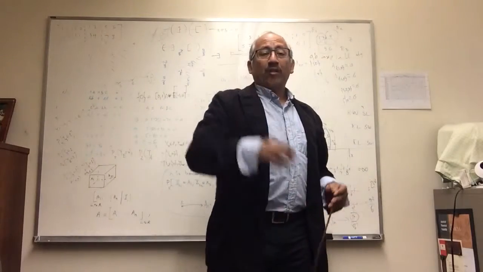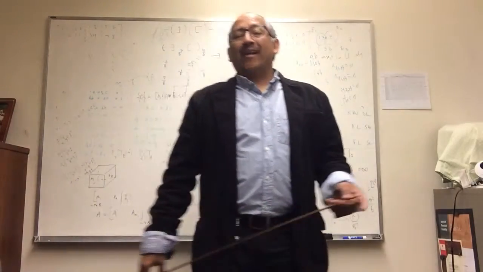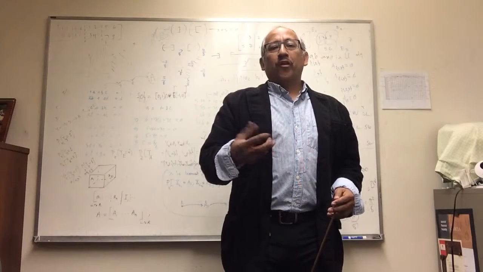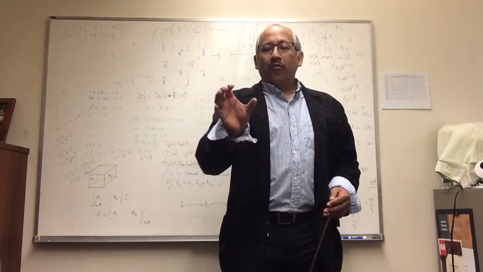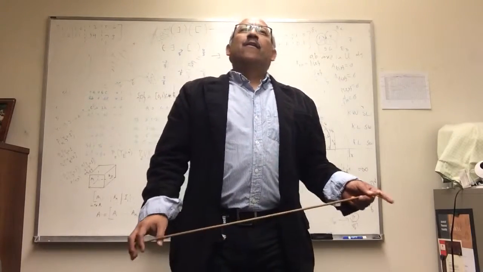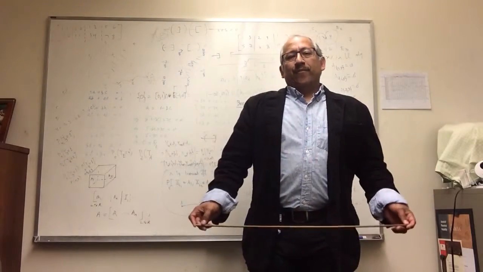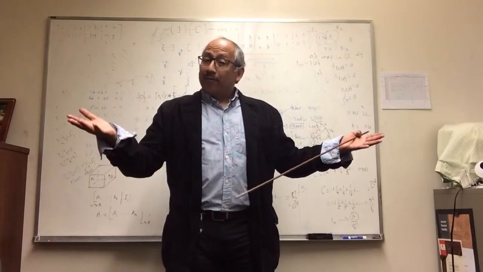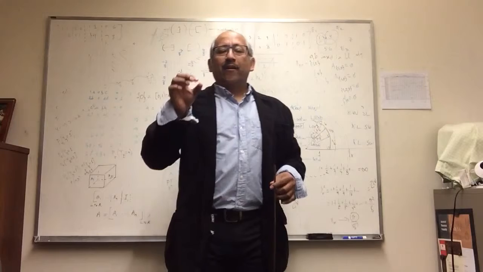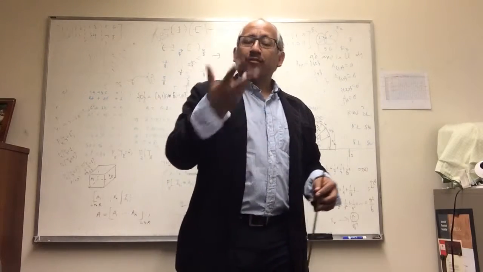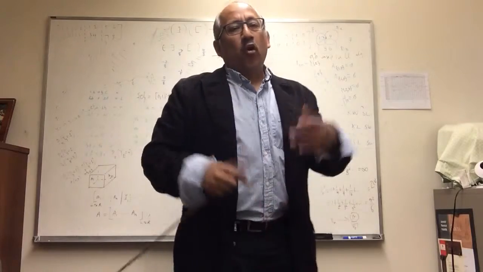A set is constructible if it can be obtained as a finite union, a finite intersection, or the complement of some initial family. Think of it like this: you have a family of sets, which are subsets of some universe. You take the union of two sets at a time, or the intersection of two sets at a time, or the complement of one set at a time.